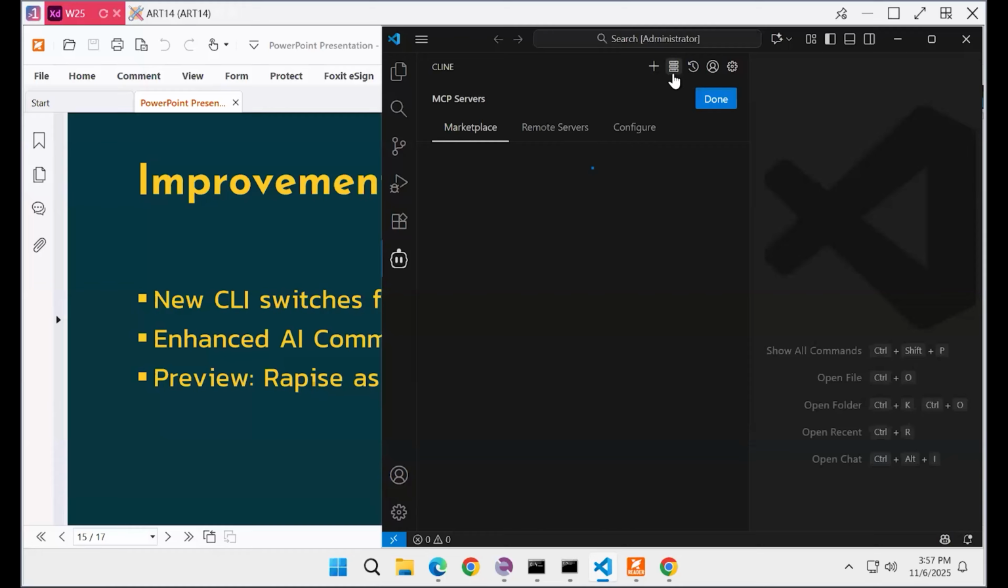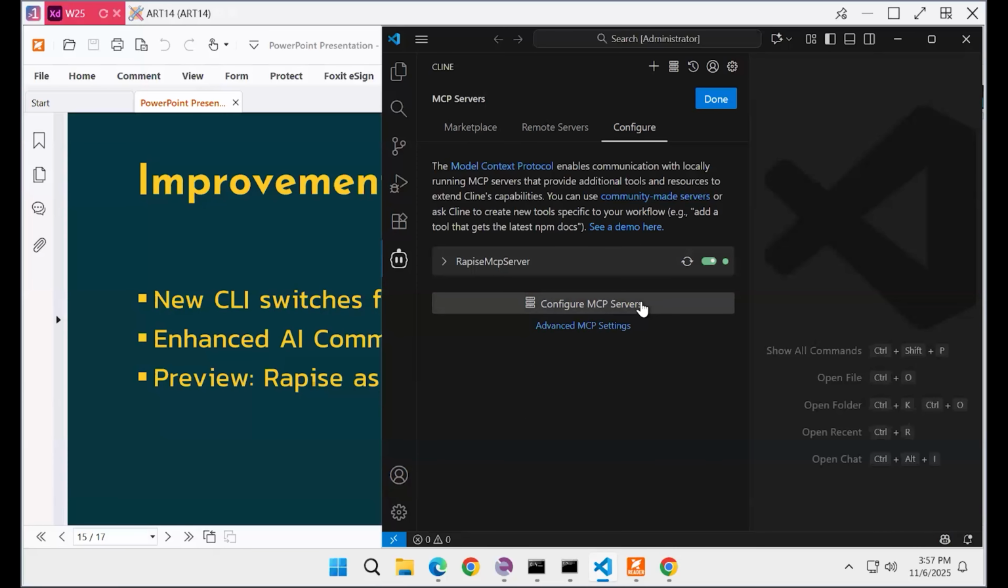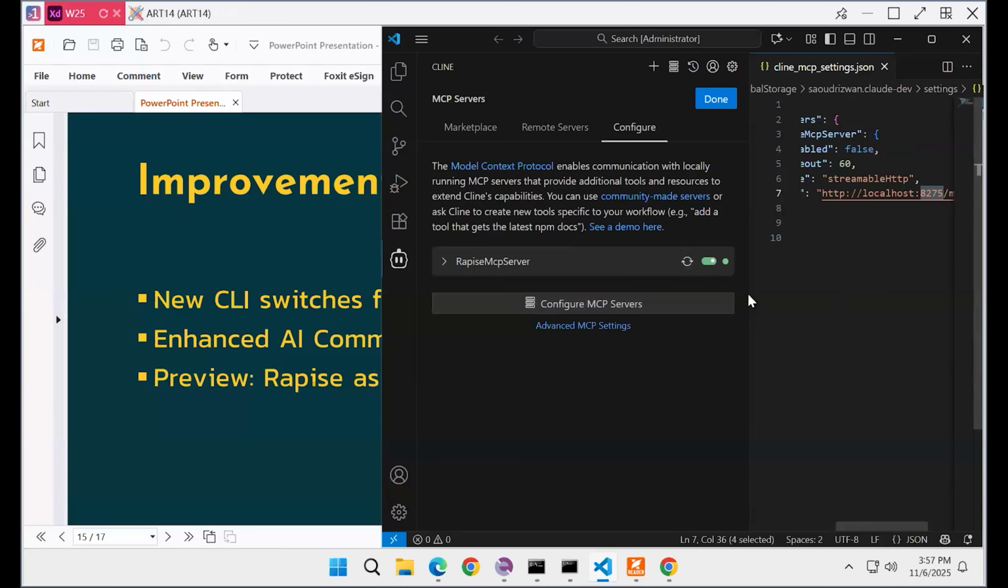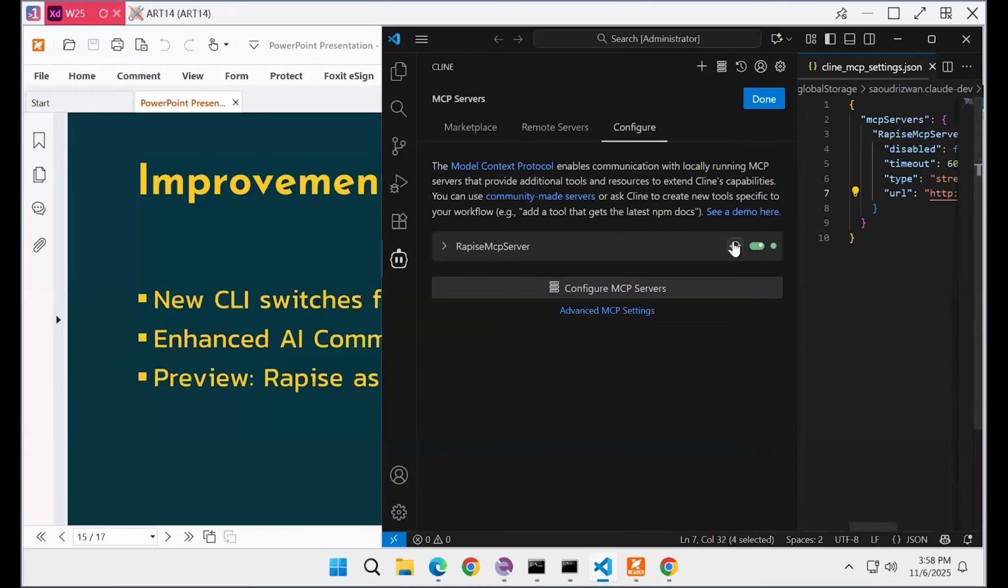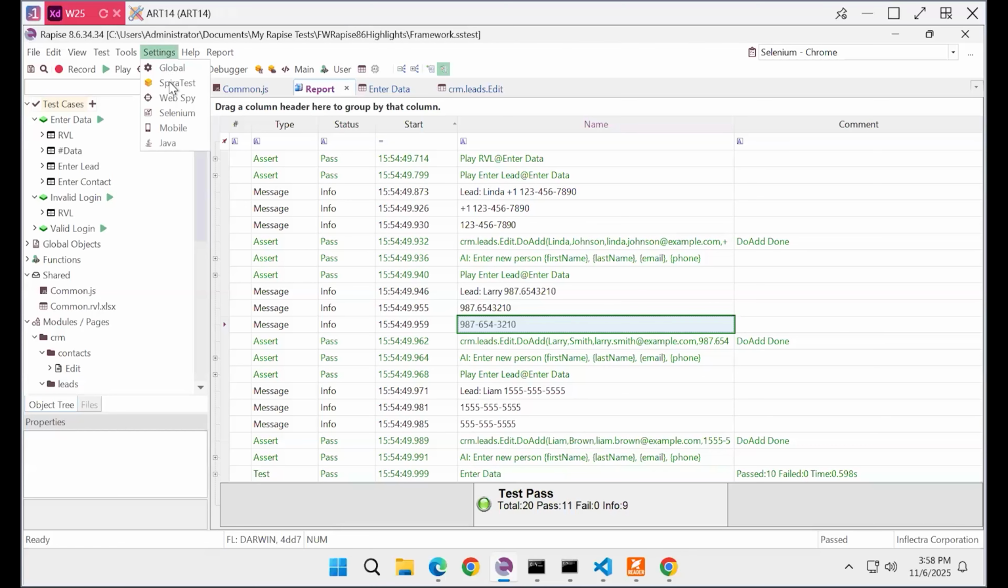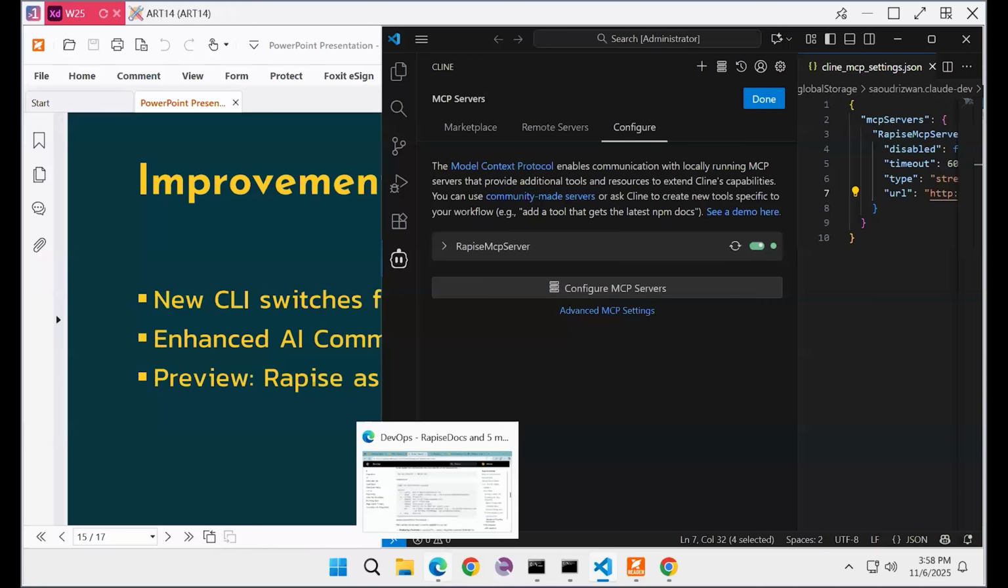So I click here on the MCP servers, configure, and as you may see, I have a Rapise MCP server specified here. You may see this configuration. Basically, this is simply a URL to localhost, some port, in this case 8275/mcp. So this is the whole configuration to connect to the Rapise MCP server. If I just try to connect to it... let me see. I didn't restart. Sorry. If I restart Rapise,